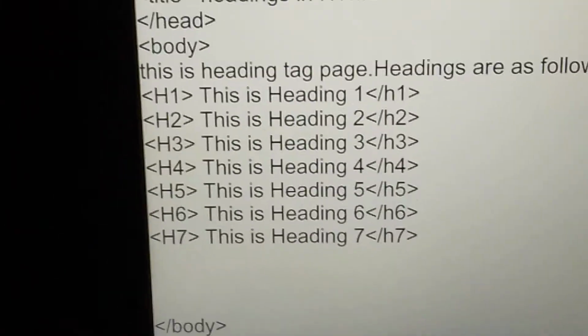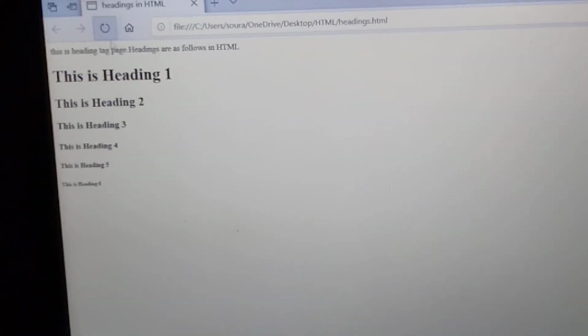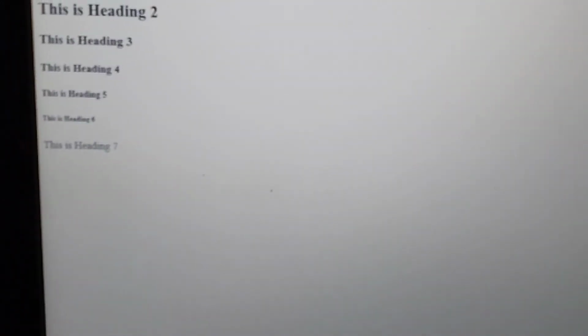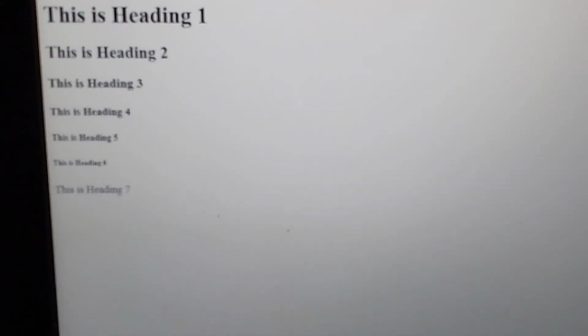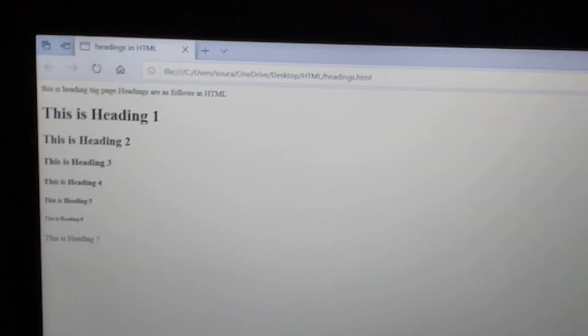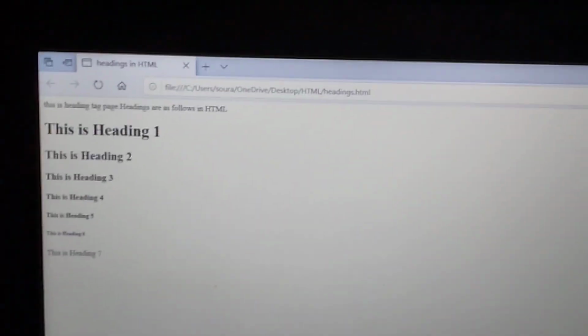Again Alt Tab, again refresh. Look carefully. The output is, this is heading 7. Actually it is not a heading, it came as normal text. So in HTML, remember, only 6 headings are there. H1 is the highest heading and H6 is the lowest heading. Whatever you write in the headings comes as bold text.